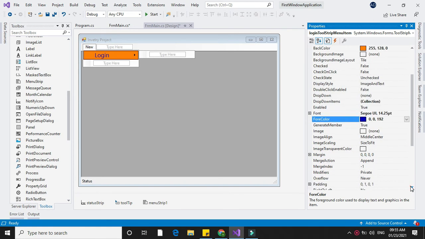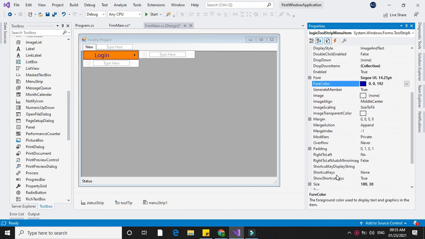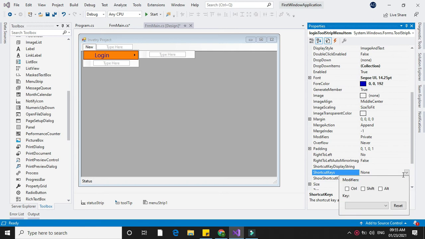Next property we will see is shortcut keys. You can create a shortcut key for your menu using shortcut keys. You can make the shortcut key with combination of Ctrl, Shift and Alt.